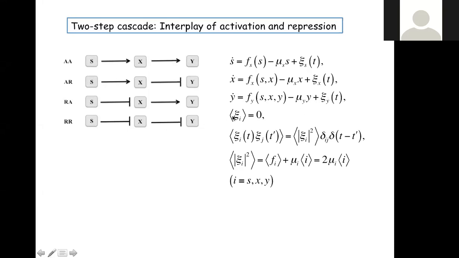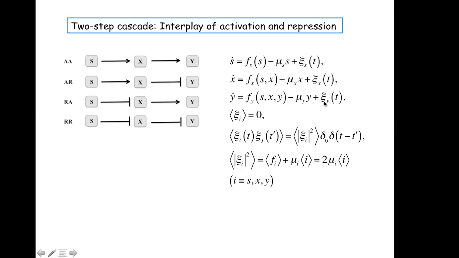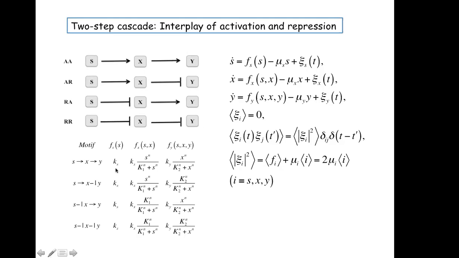And as usual, these noise processes have zero mean, and the variance is basically this. Now we bring in this Kronecker delta. That means these noise processes are uncorrelated with each other. So the noise process of S is not correlated with the noise process of X. Of course, it gets affected: S affects X and X affects Y. And so we have this simplified expression, and we have used these functions.